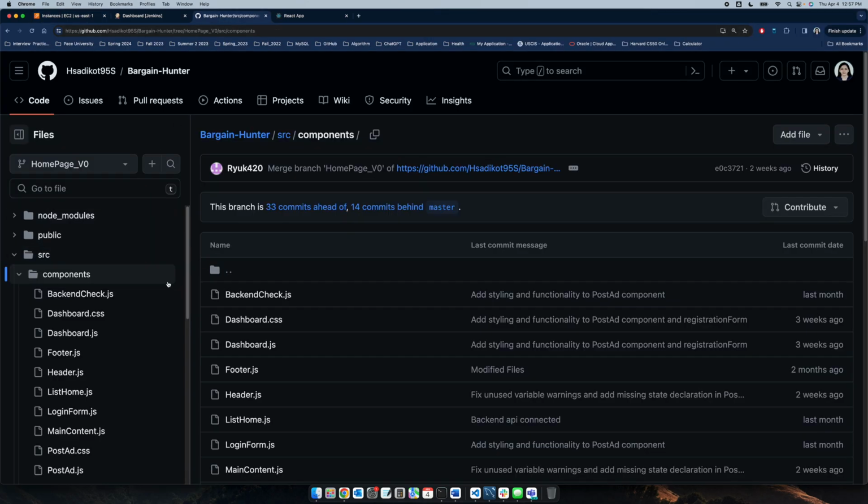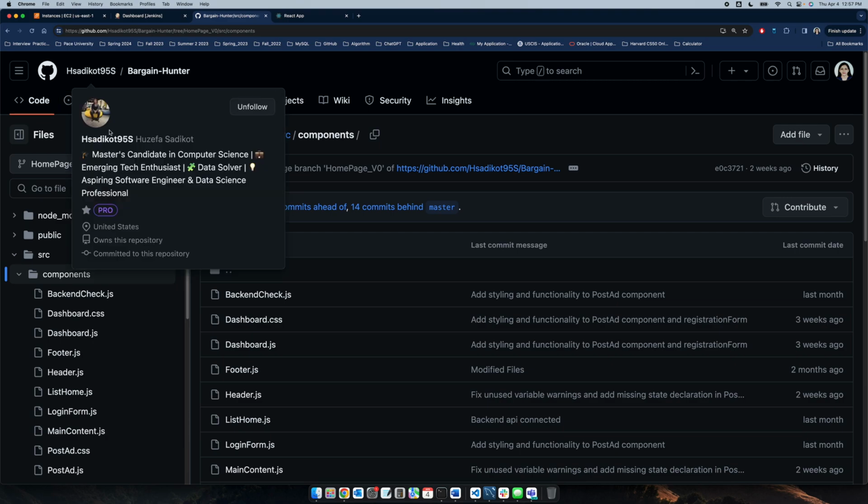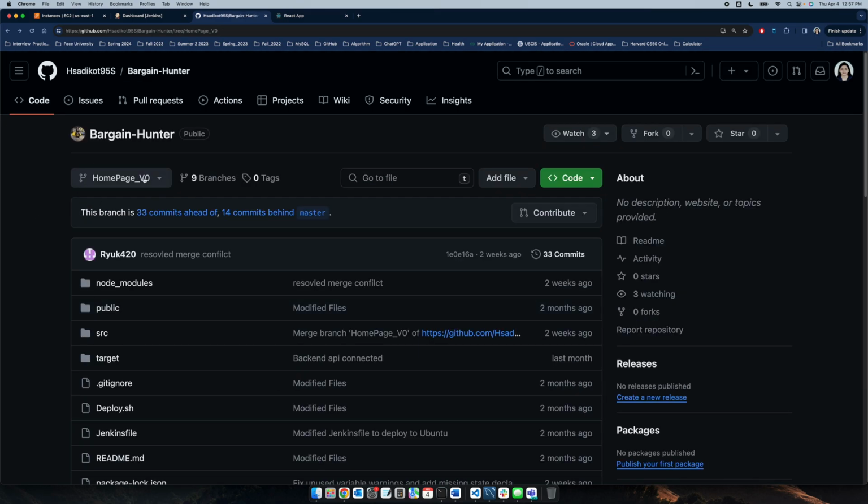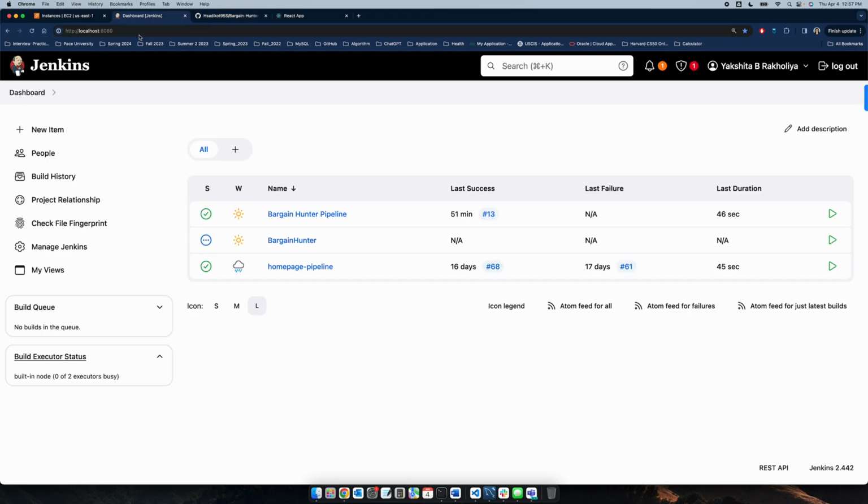So here you can see my Git repository, and inside it I created a branch named homepage version 0. We push all the updated code in this branch, and then in Jenkins,